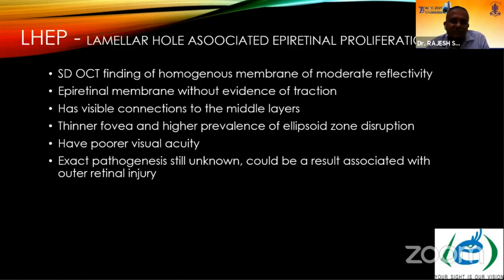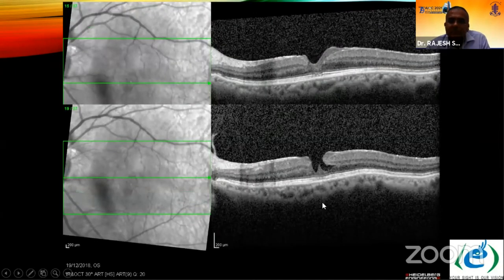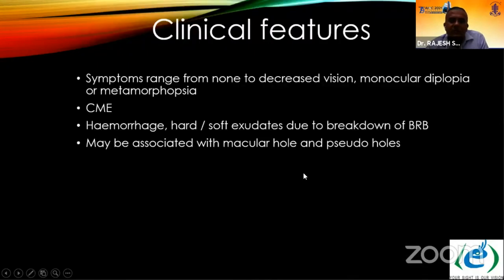The exact pathogenesis is still not known, could be a result of associated retinal injury. So these are a few photographs of LHEP. It's a lamellar macular hole. So there's a post-surgery, and this is 1 month post-surgery. It fills up, though the outcome is not very good.